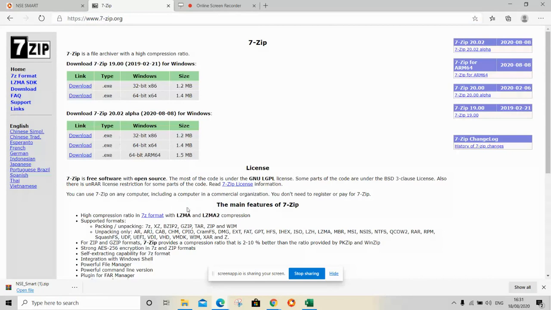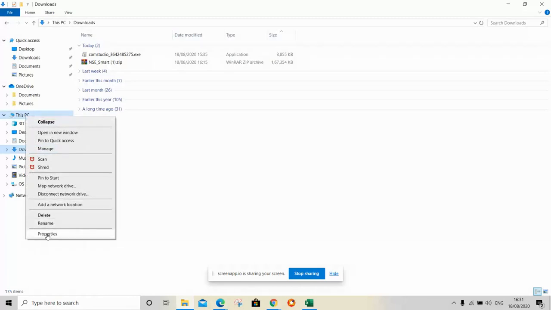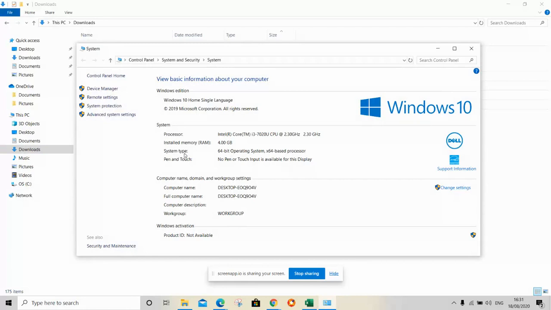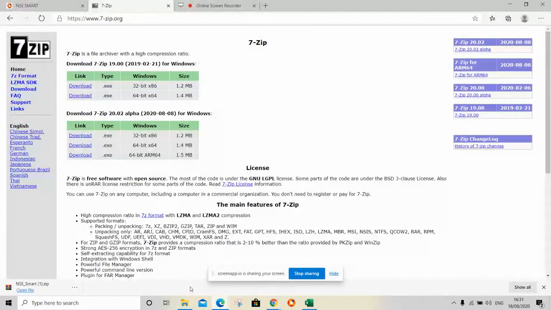After that, you have to check if your system is 32-bit or 64-bit. So you can just go to My Computer or This PC, right click on that and click on Properties. So you will see System Type and my system is a 64-bit operating system. Close this window and just download the 64-bit